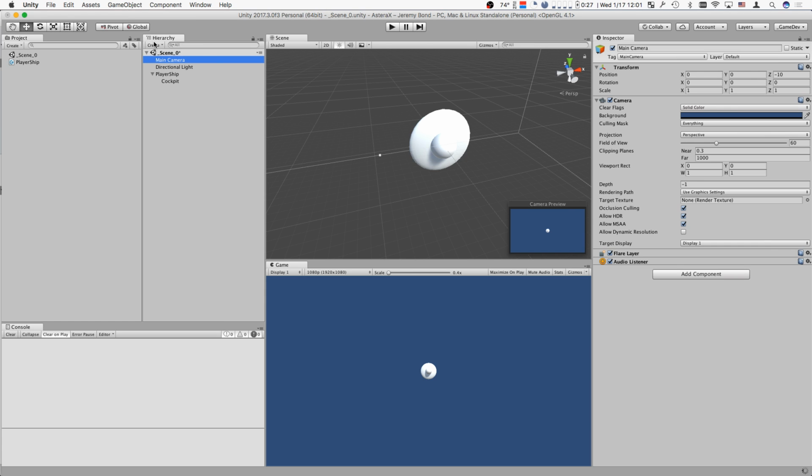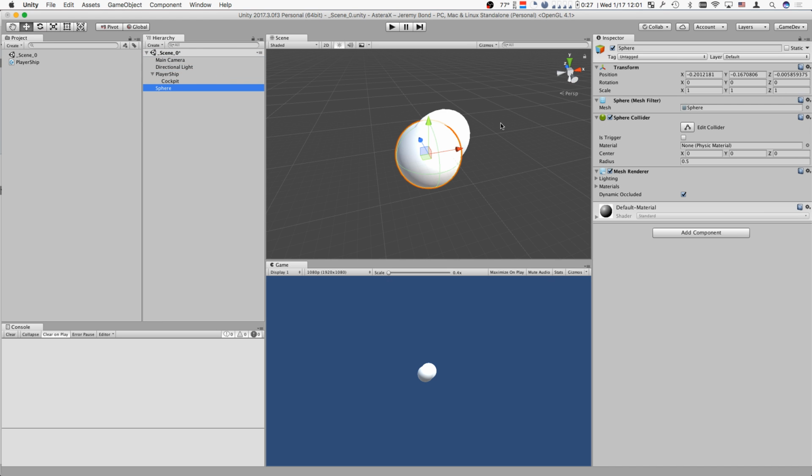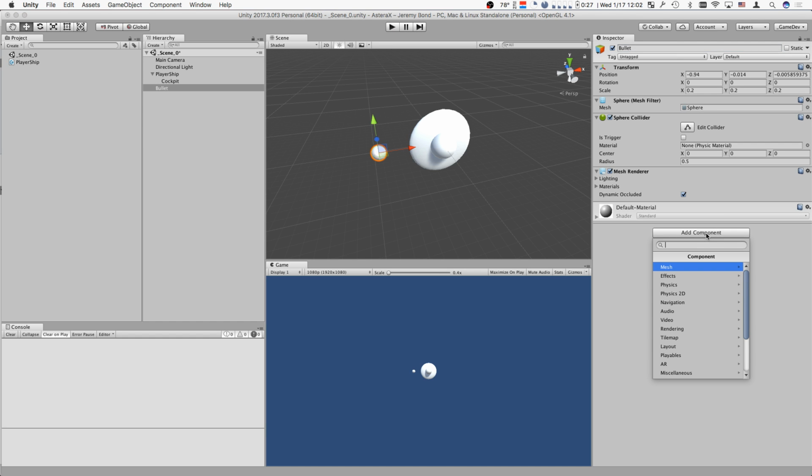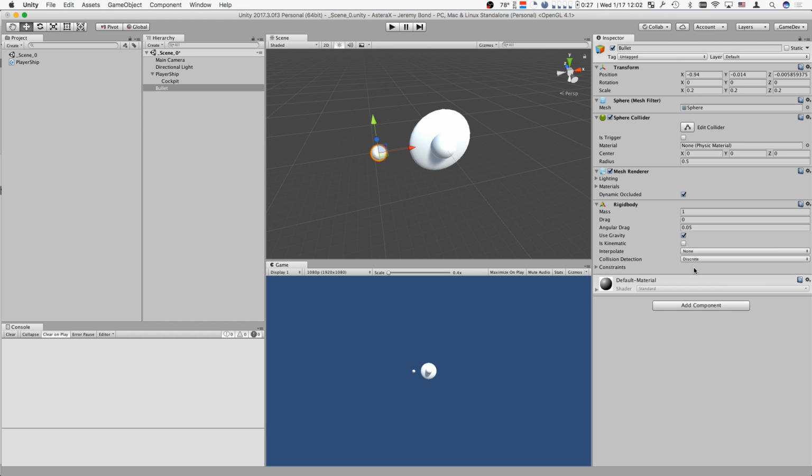I'm going to create a 3D object that is a sphere. I'm going to make it small, like 0.2, 0.2, 0.2. That's nice and visible on my screen there. I'm going to call this bullet. And I'm going to add component. Remember, I had to remember to add a rigidbody. Add a rigidbody, turn off use gravity,